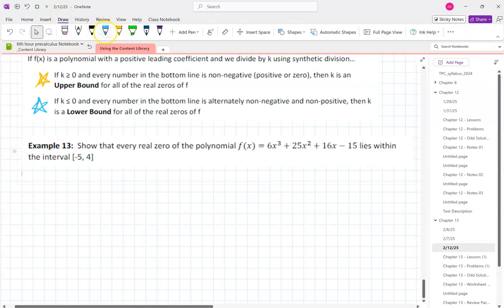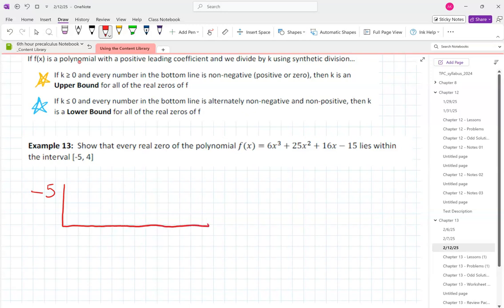So this problem says to show that every real zero of the polynomial f of x lies on the interval from -5 to 4. So one way you could do this is by finding all the real zeros for this polynomial and having to do all that synthetic division process and find and solve, and could be a rather difficult procedure. Or I can just apply the theorem above and do 2 synthetic divisions, one with the lower bound